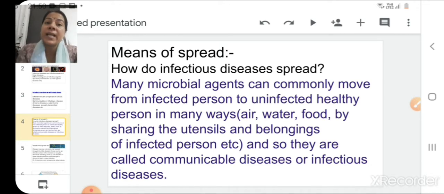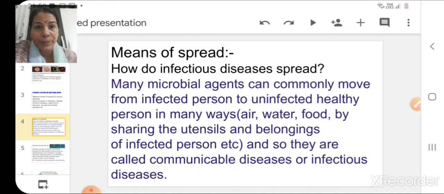So, before understanding this, I would like to ask you one question: how do infectious diseases spread? Nowadays, we all are facing a serious problem of COVID infection. So, what are we doing as a precaution to protect ourselves from this infection? Yes, we are not going outside, we are washing our hands again and again. These are the ways through which we are checking the spread